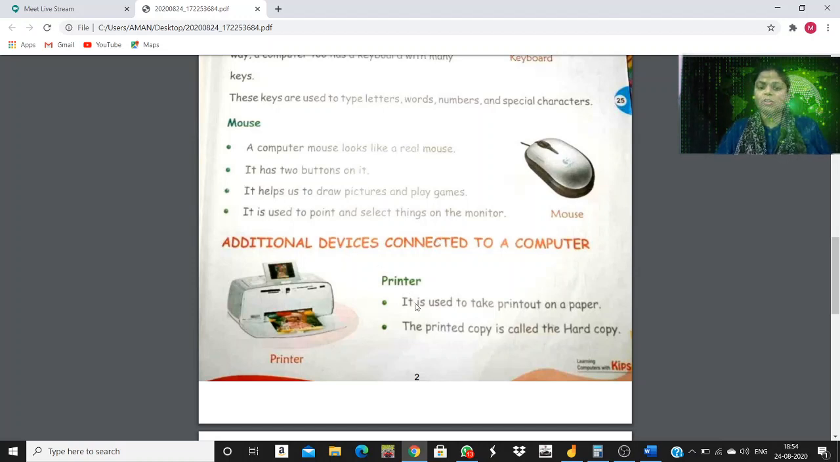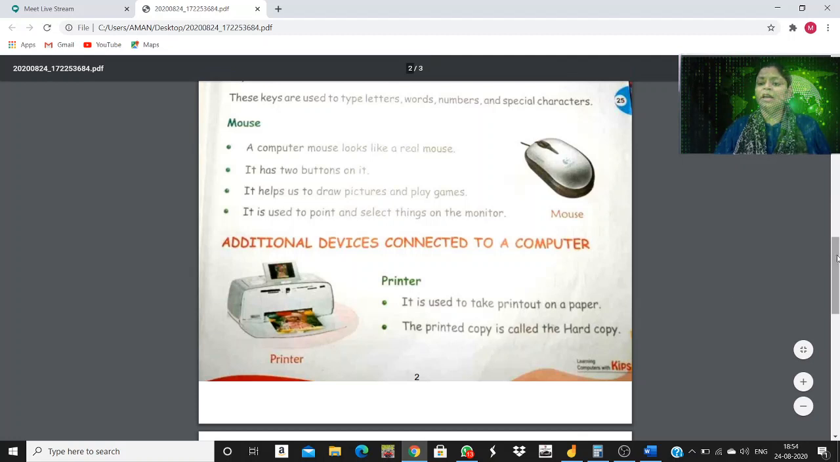See, it's given here also. It is used to take a printout on paper. See, the paper, you will keep the paper from here and it will come out from here after the printing. The printed copy is called the hard copy. Fine. So now, I hope the printer is clear to you. Now we have